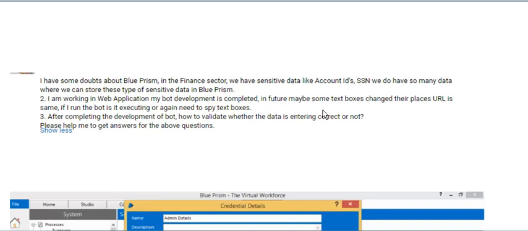Once the change request, change order has been approved, the development starts again: development, testing, UAT, and again production go live. So the cycle will begin and end with each and every change request and change order.